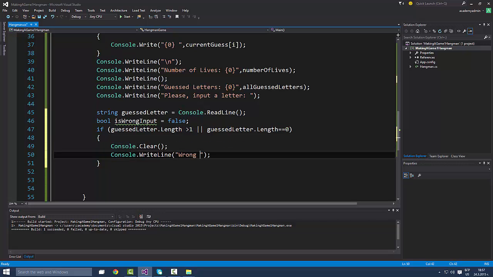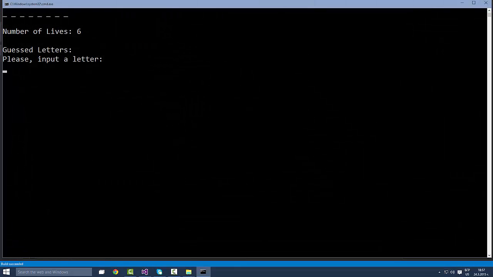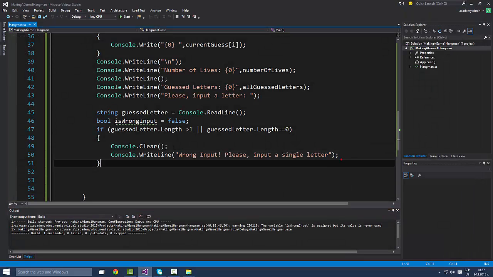Wrong input, please input a single letter. Okay, and let's just check if that works. So if I put something like AS, you see it flashes, and I want it to stay a little bit longer, so I believe I've already shown that, but so what I want to do here is